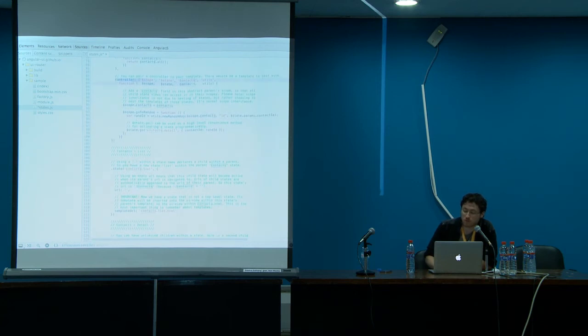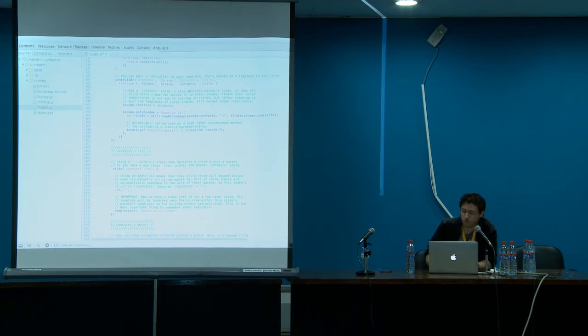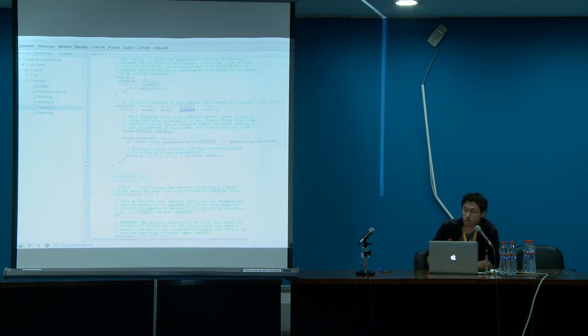So here's my controller. What you would normally do in a real app is say controller equals contacts controller, like that. But this is just a sample app, so we just do it inline. Here we're injecting our scope, the actual state service that allows us to navigate between states and get information about our states, and then the contacts that we injected from here. And then some utility stuff to manage the data.